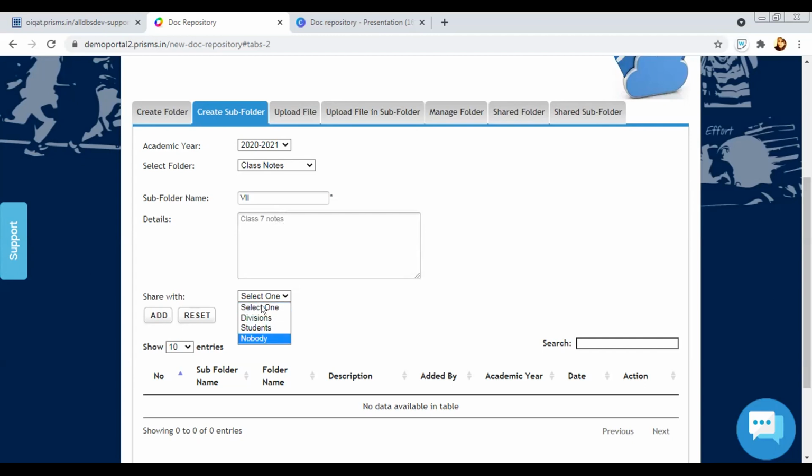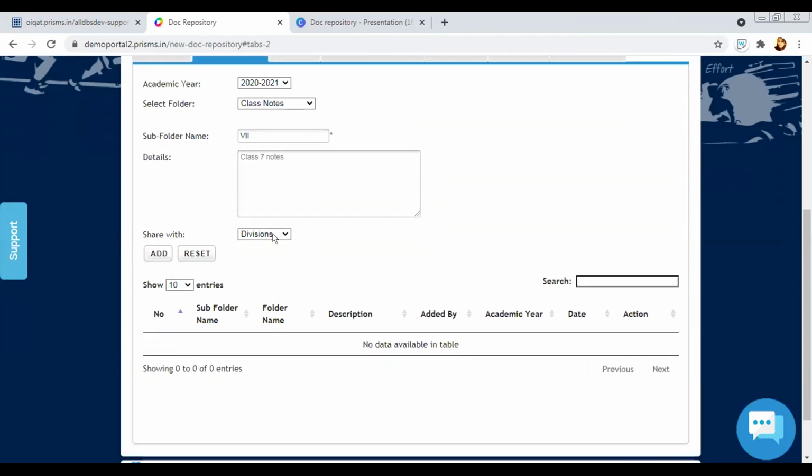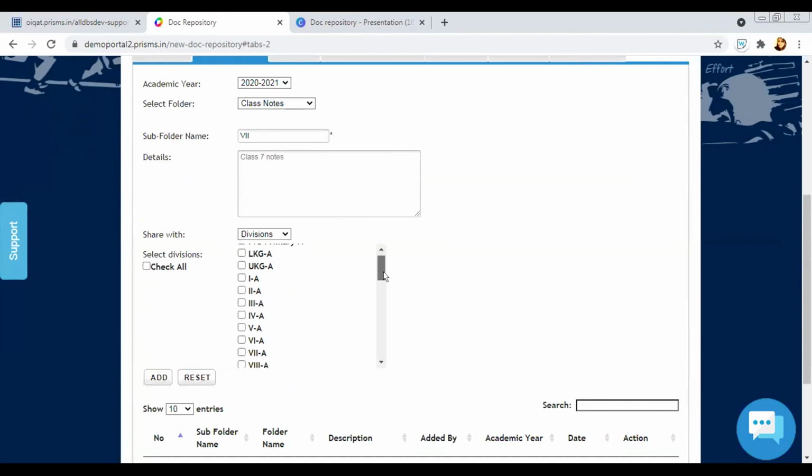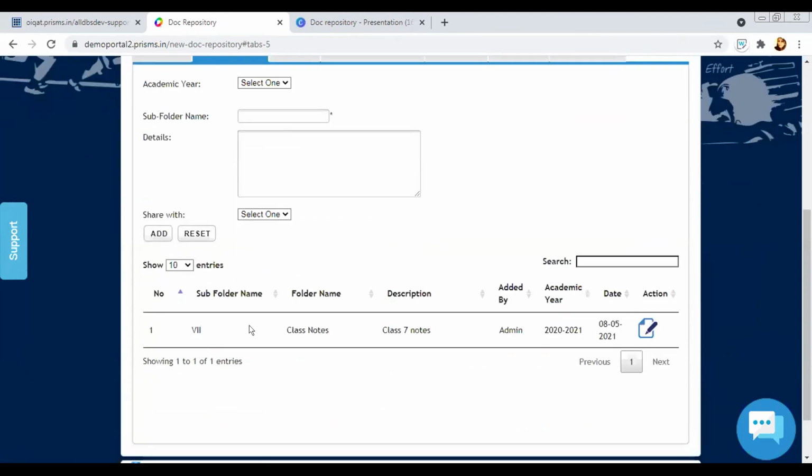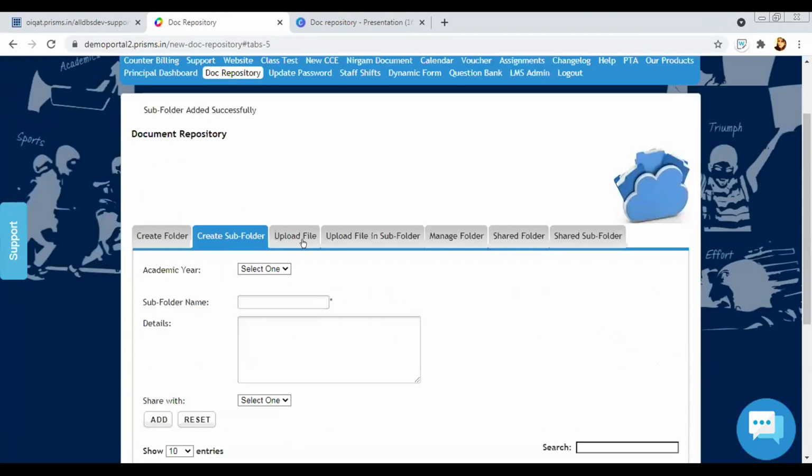Again, I can define whether I want to share it from here also, so I can select the divisions whom I want to share it with, A 7 3. That's it. So I've created a subfolder.